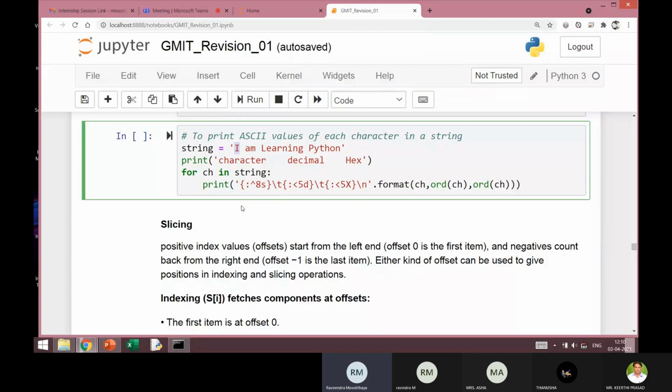Then you go once again, you complete this statement and go back once again. Now the value of ch will be the space character. So you walk through this entire string one character after another until the end of the string. When I say for ch in string, you're essentially walking through the string one character at a time, and that character is being processed in the print statement. Processed in the sense you're using that character in the next statement. So the print statement will be executed as many times as there are characters in this string. Okay.